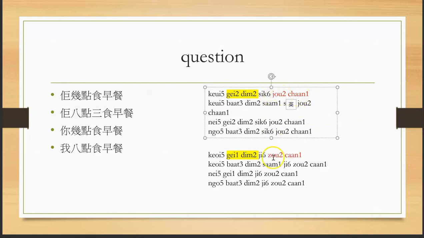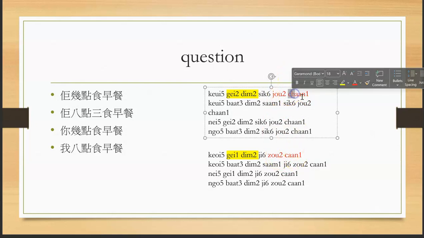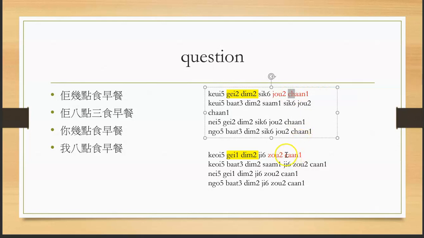Yale is with J and Z for Jyutping. So my students once asked, since it is CH, maybe I have to pronounce it like this, sh, sh, sh. And I tell them no need. So it should be like this. But CH is the romanization of Yale. So it is not the English sh sound.